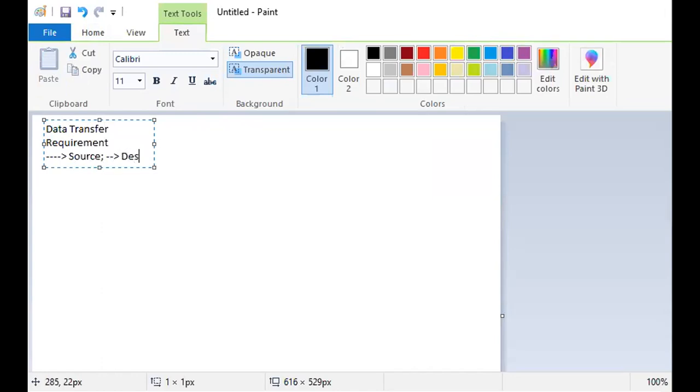We should know from where we wish to transfer and where to take it. We will see different examples for this program of data transfer.